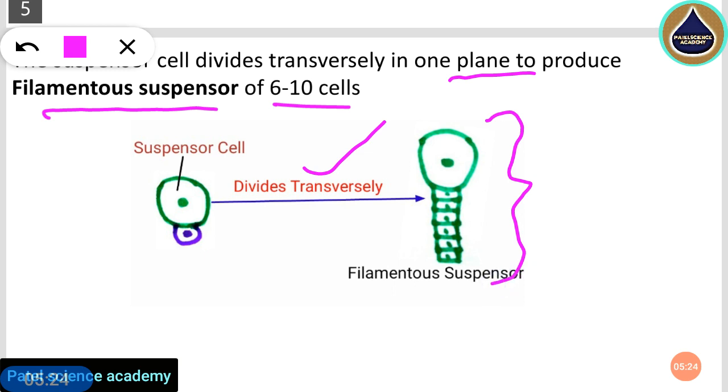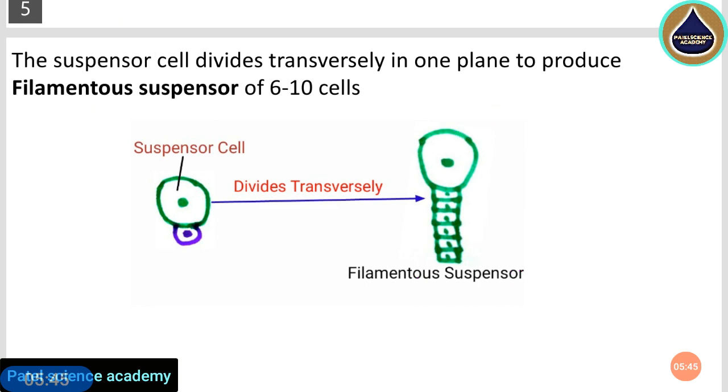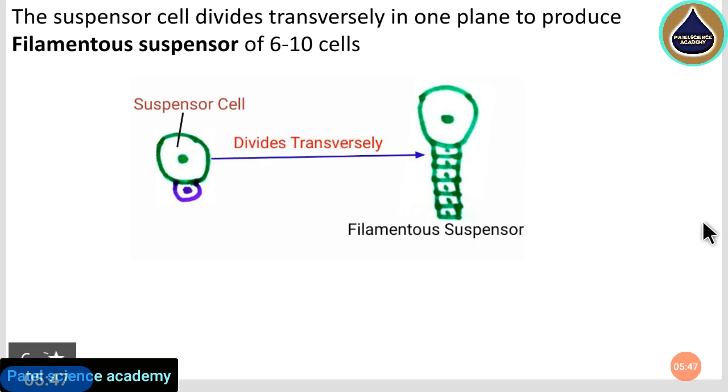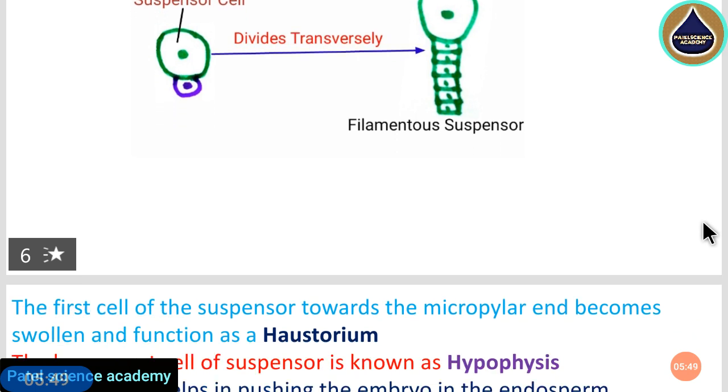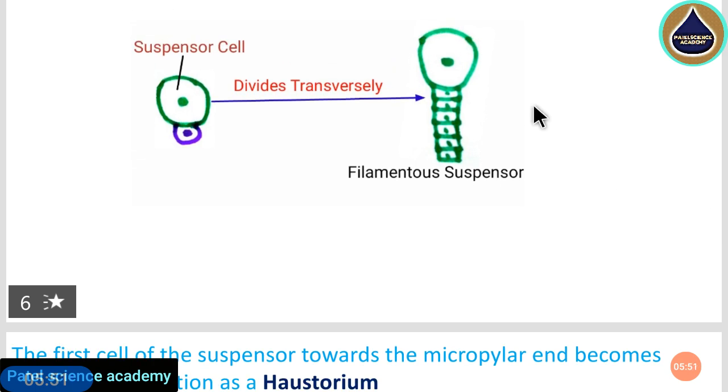Out of this structure you are observing, I think one important thing: first, the top cell is bigger in size, and the rest of the cells in the plane are smaller in size. So this structure, which has these 6 to 10 cells, is called the filamentous suspensor. I hope you have understood the further development of the suspensor cell, and now I'm going to explain